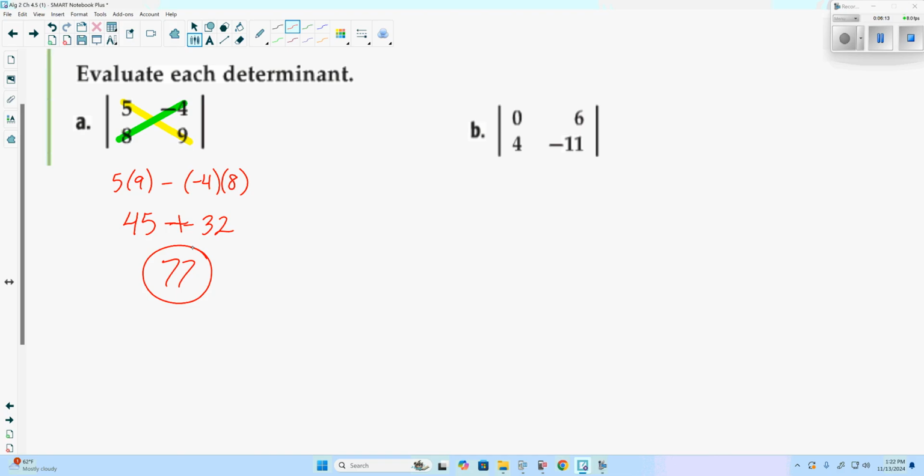Questions on this here. So if we look at the next one, our one diagonal is going to be 0 times negative 11, minus our diagonal going the other direction, which would be 6 times 4. Well, 0 times negative 11 would be... 6 times 4 is